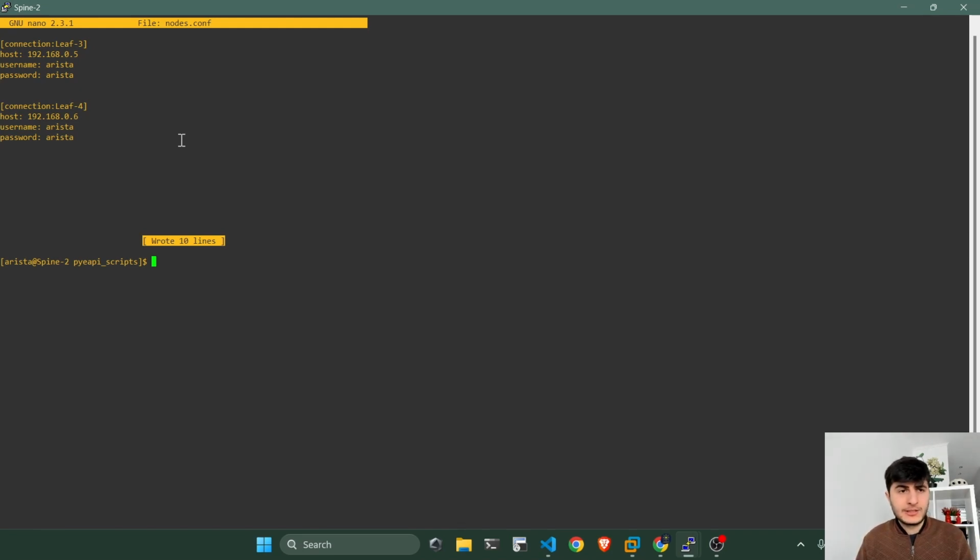The only thing is that you can freely move this file wherever you want, and you have to explicitly specify this command, because by default the connect_to method would search for the eAPI.conf file as per environment variables. But here, if you don't have that file, you just have to specify it explicitly. And to do this, if you go to the script,